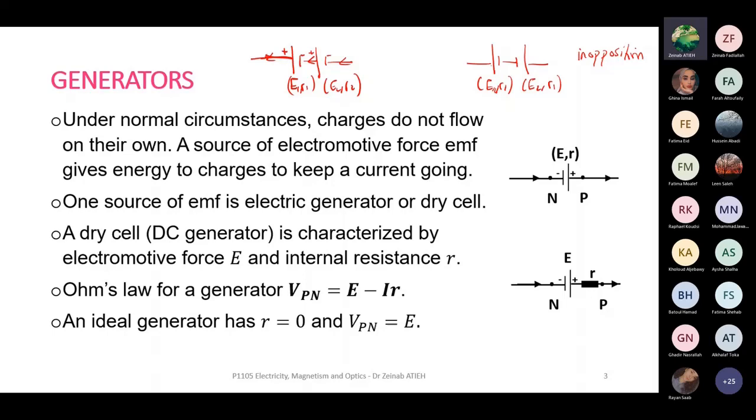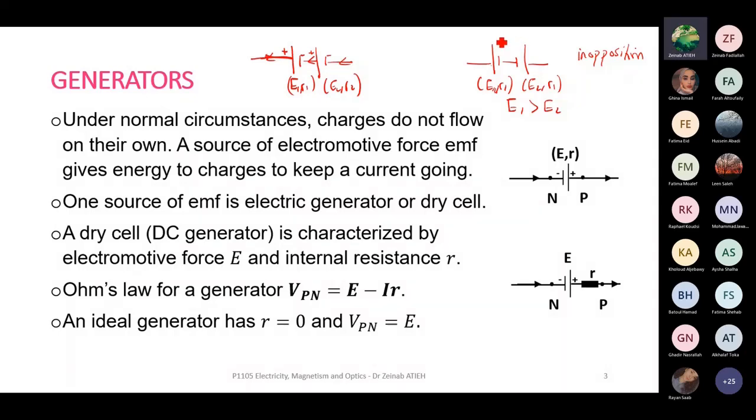So what will happen to the current? Surely two currents will not move in the circuit. Only one current moves in the circuit. What happens in this case? In this case, we check the EMF of both dry cells, the one that has the larger E, meaning the higher electromotive force. For example, if E1 is greater than E2, so in this case, the first one,